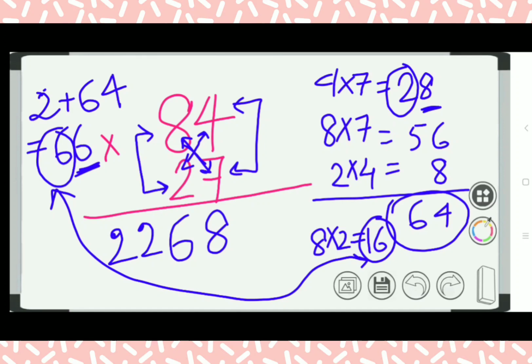Keep it in your mind that you will not use this type of trick in your school examination. Just in your competitive examinations you can use this type of trick, just for saving your time. So I think all of you have understood the previous one properly.